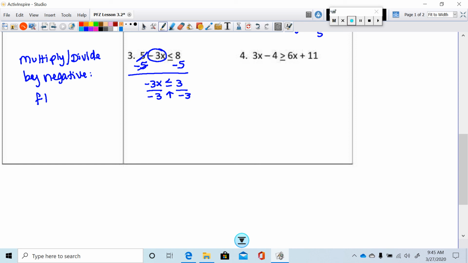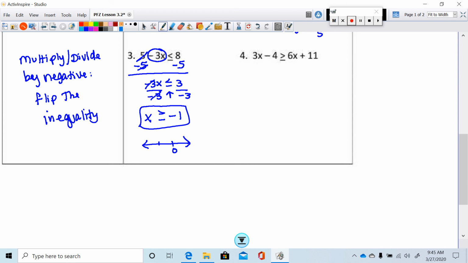you have to flip the inequality. So that's why I put an arrow under there so that I remember to do that. Top cancels with bottom. It's not going to be a less than answer. It's going to be a greater than or equal to answer. And then 3 divided by negative 3 is negative 1. That's the solution. The graph,